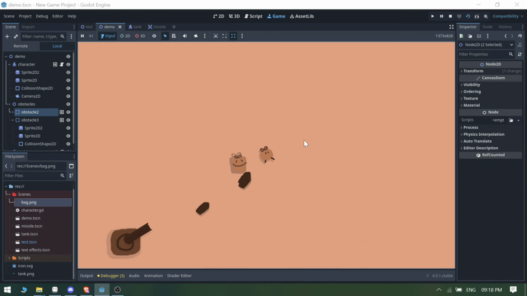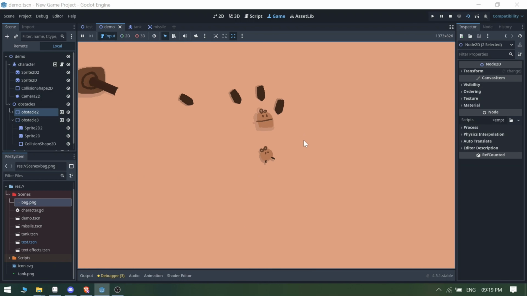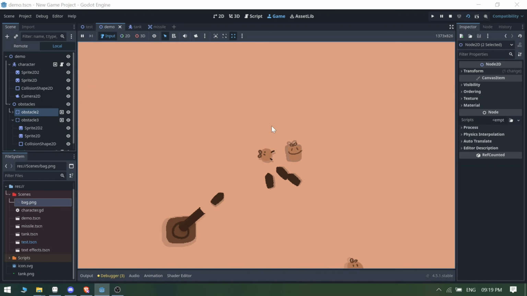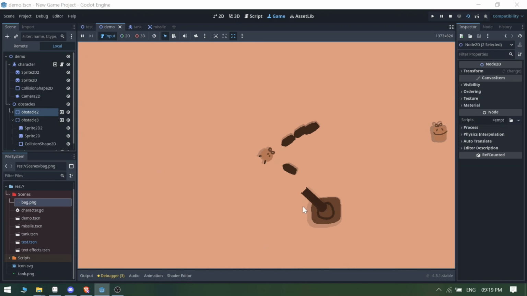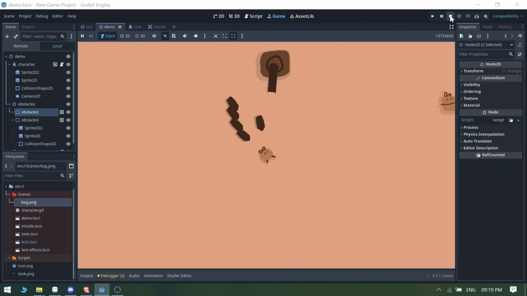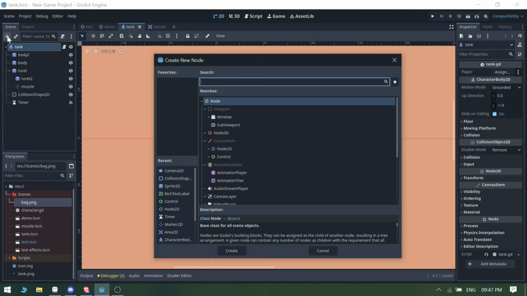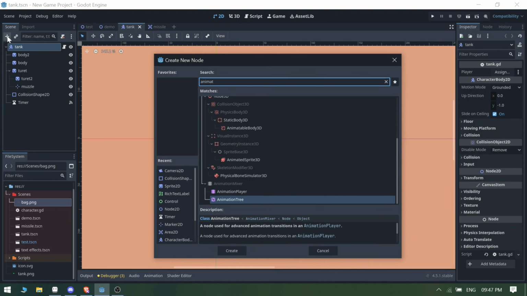So here's the game right now. Everything works, the mechanics are there, but it feels kinda dull. There's no feedback, no impact, and honestly, it just feels lifeless. This is what many games look like before we start adding juice. So in this video, I'm going to show you how to add juice and make your games much better